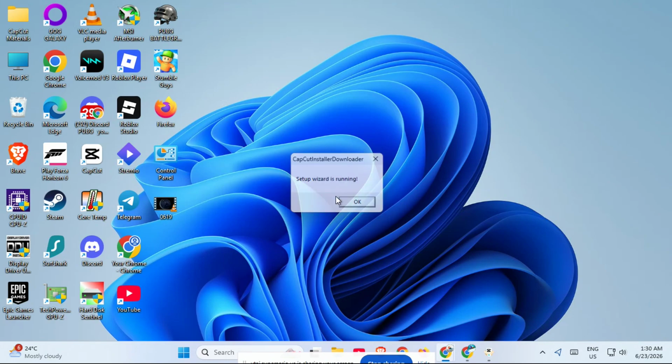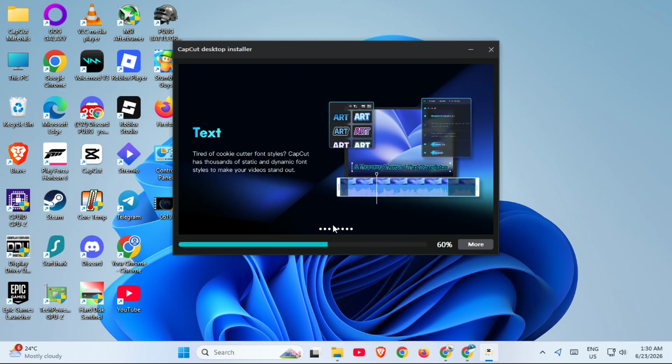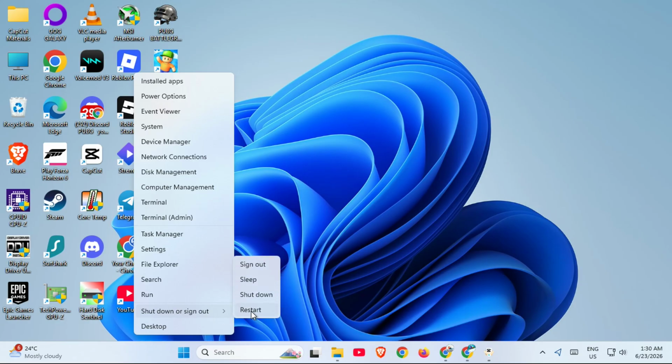After that, wait for the installer to finish, and if needed, restart your computer and try again. A fresh restart can clear temporary issues that may be blocking the installation. Also, make sure your internet connection is stable while downloading, because an interrupted download can cause the file to fail